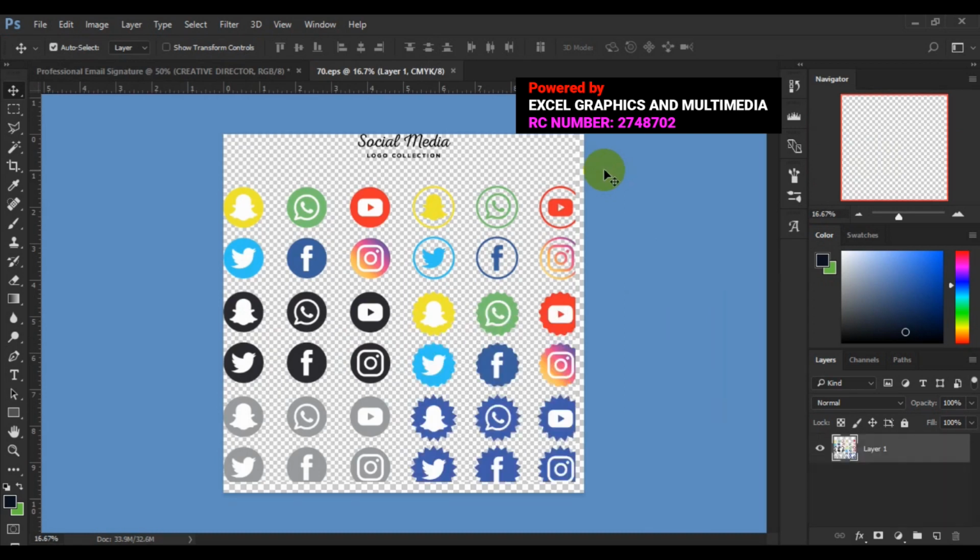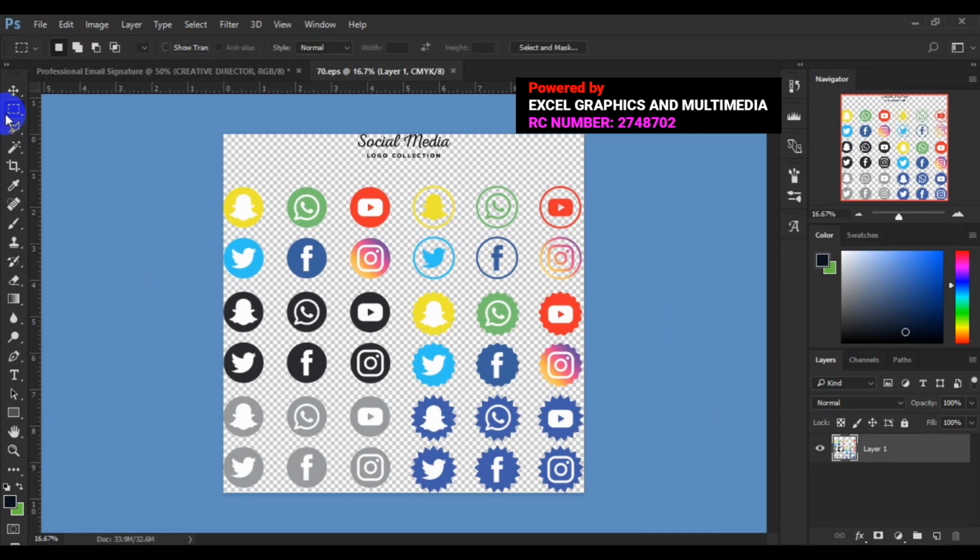Very good. So now, not everything I need right here. So I will just make use of my rectangular marquee tool, and let me just bring out this part right here, and I'll press Ctrl J to make a copy. Now I have to come to the layer here, I'm going to hide this layer,